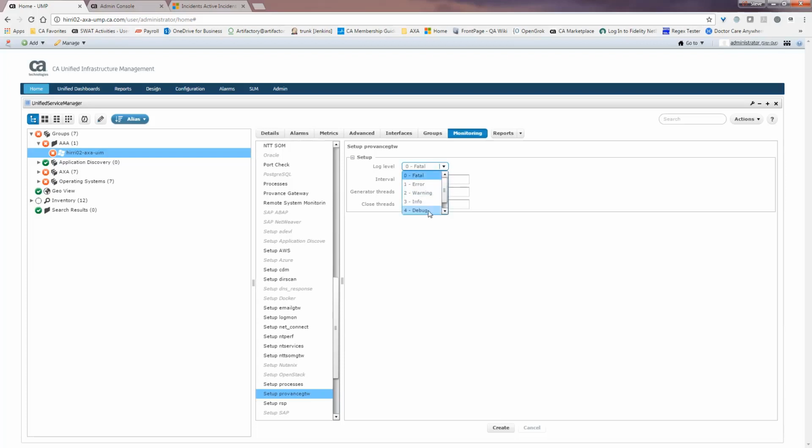I'm just going to change the debug level to 4, change the interval to 6. This is the time that it will check on incidents that it's created in Provance as to their status. So if one has closed, it will then execute the close on the alarm, but it will only do it every X amount of seconds, and that's the interval. So I'm going to change that to 60 for the sake of demos, but 300 is probably a better setting